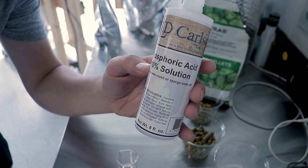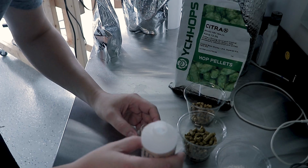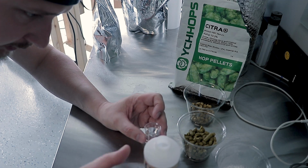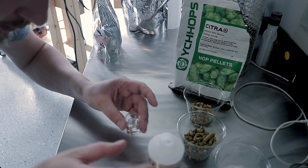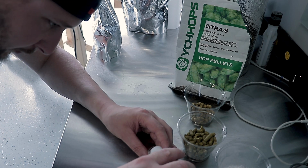There we go. One thing to note is we are using the 10% phosphoric acid. So when you're doing your calculations in your brewing water sheet, you got to make sure you get the right version. Otherwise, you might throw off your pH. It's a little low now. I love this game. Back and forth with the